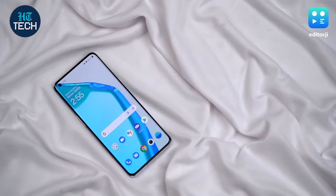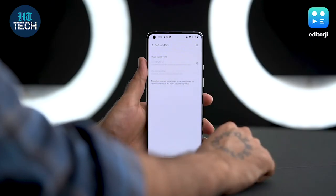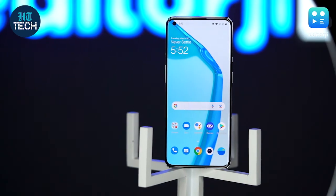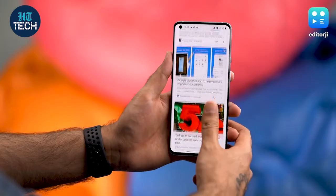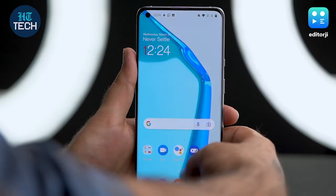Just like last year's OnePlus 8 Pro, the 9 Pro also packs a 120Hz display that refreshes at double the rate of most phones. However, this time OnePlus offers you an adaptive refresh rate because the display uses LTPO technology, which goes as high as 120Hz or as low as 1 Hz depending on what you're doing on the screen at any given time. This helps with better battery optimization, and the 120Hz refresh rate definitely delivers a very speedy